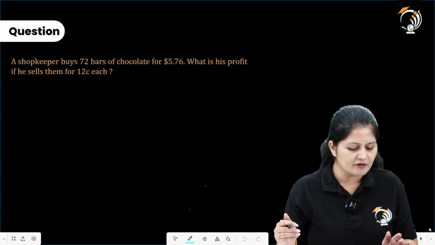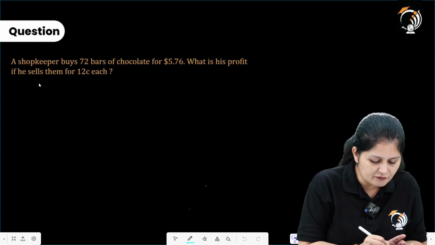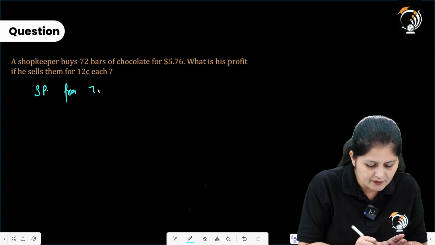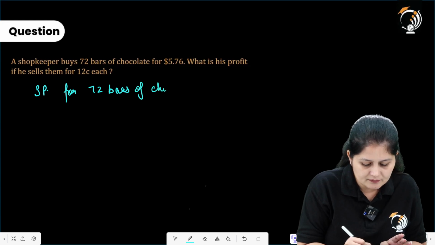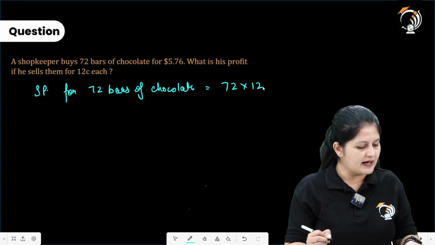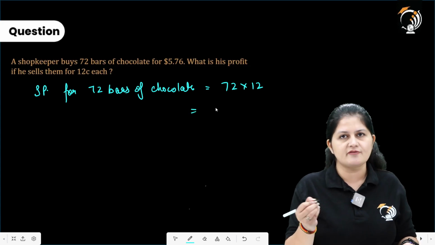What is his profit if he sells them for 12 cents each? So if we need to find out firstly the selling price for 72 bars of chocolate, that is going to be 72 multiplied with 12 cents, right? So what are we getting here? We are getting this as 864 cents, which is